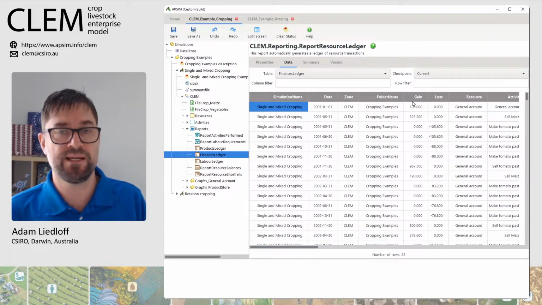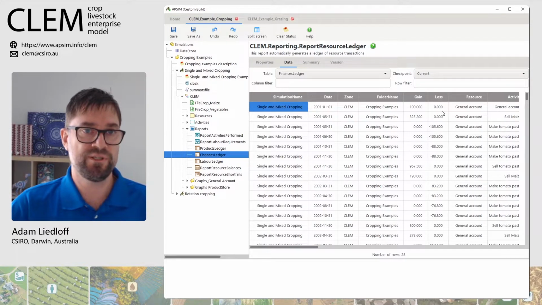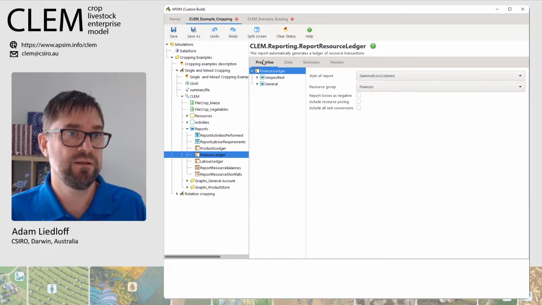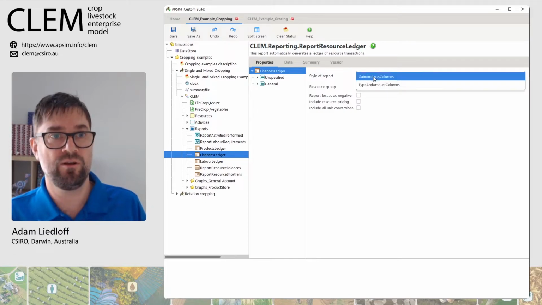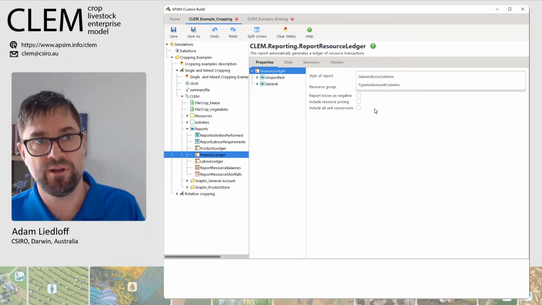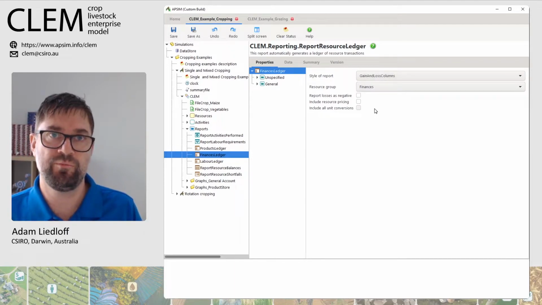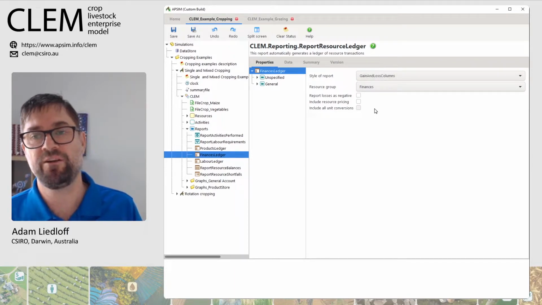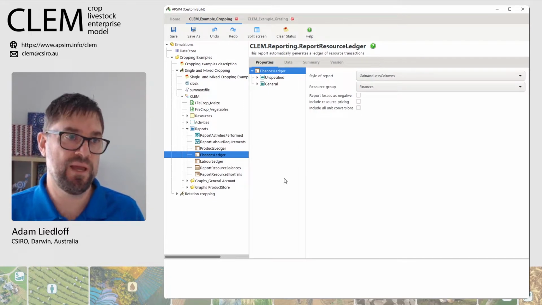This one has a gain and loss column. There's options in the previous screen where we can say use gain loss columns or use a style of transaction and amount,